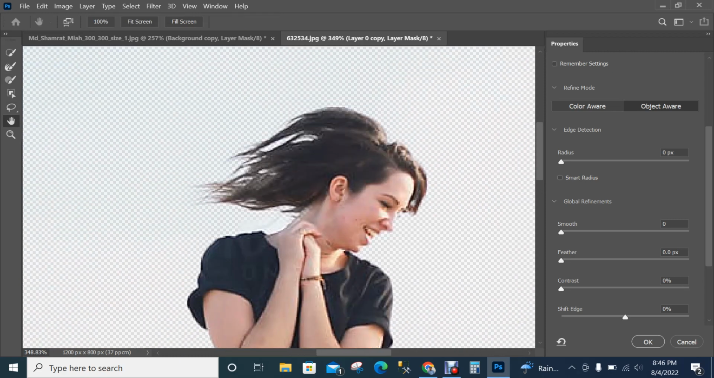Yes, you see this, that's the hair the artificial intelligence is giving you. It is not perfect, but it tries to give you the best it can do for you. Okay,